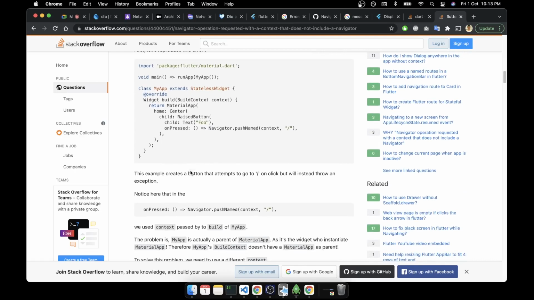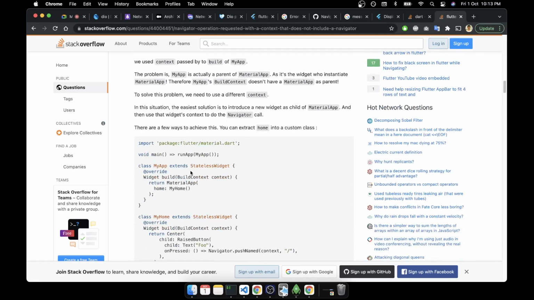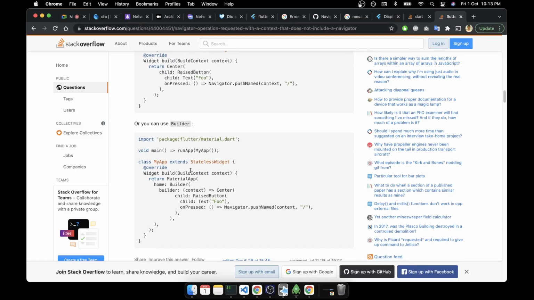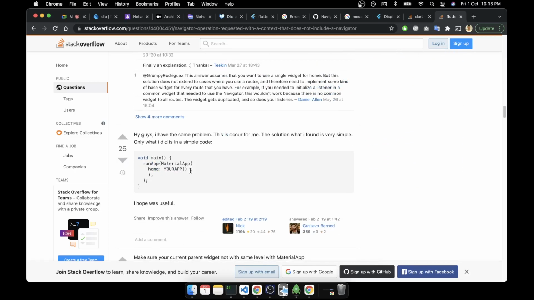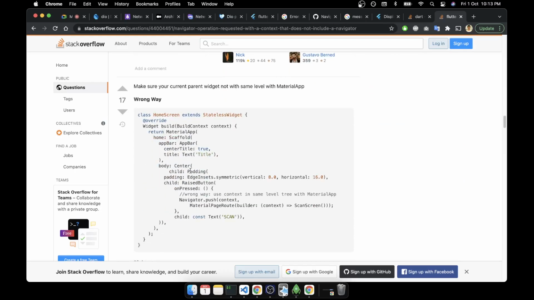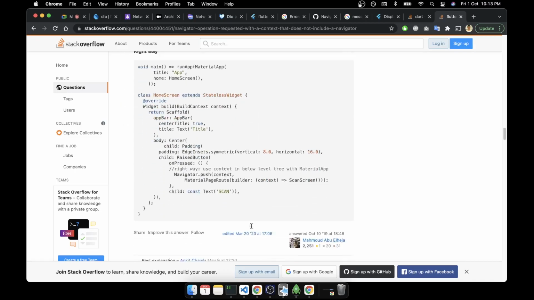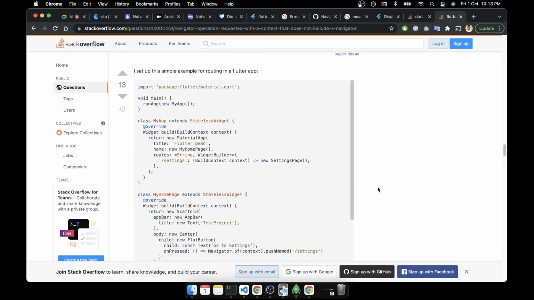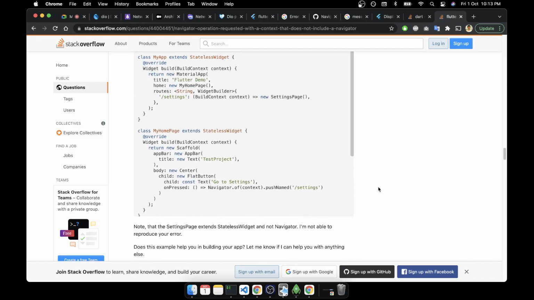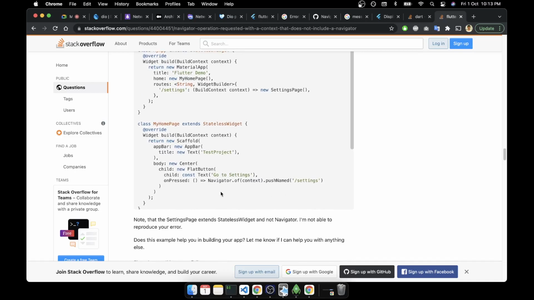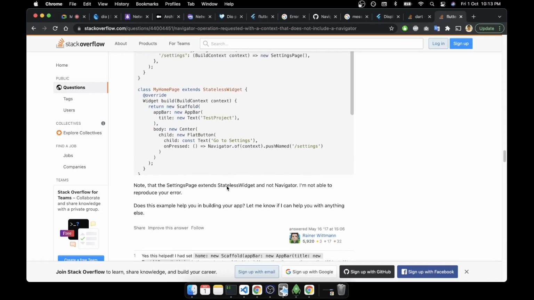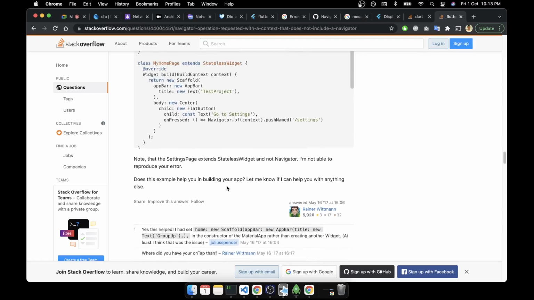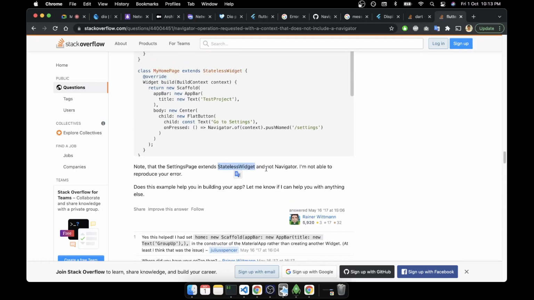So there is no navigator on pressed, stateless widget, and not navigator.